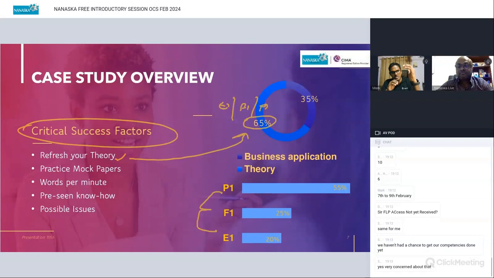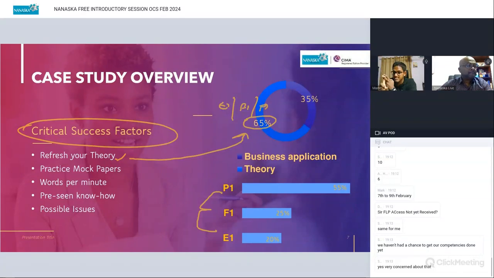That's when you know what's going to be there in E1, F1, P1, and you can apply that to your case study. Because if you go beyond that, you need at least 4 to 5 weeks for the case study only. So get done with your FLP subjects before that, so that you have enough time to focus on your case study application. Then the mock papers, I told you about it.